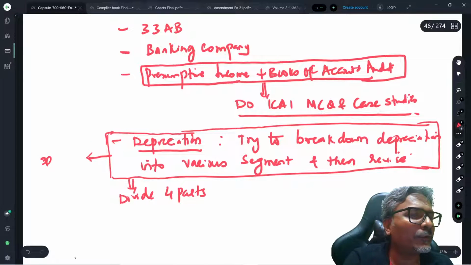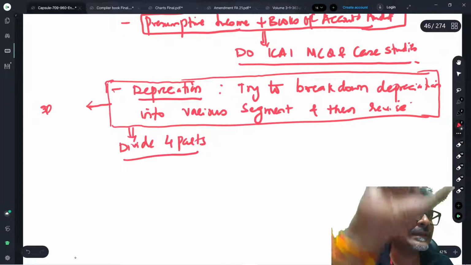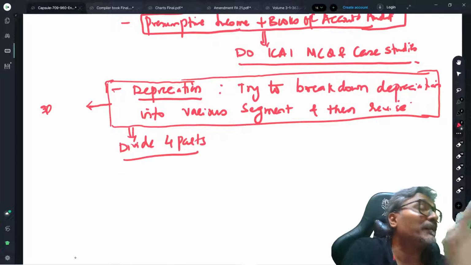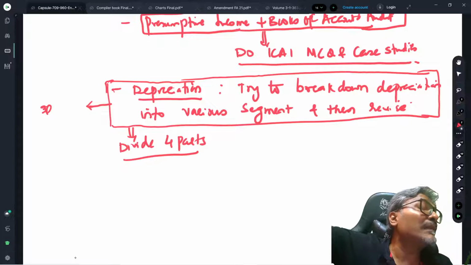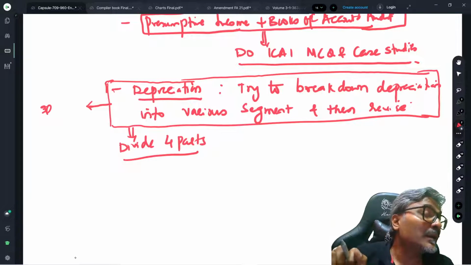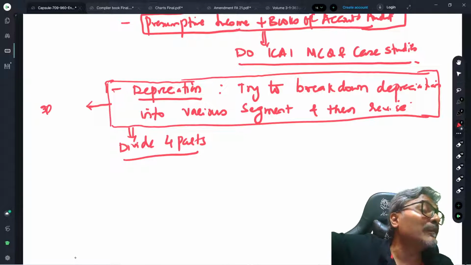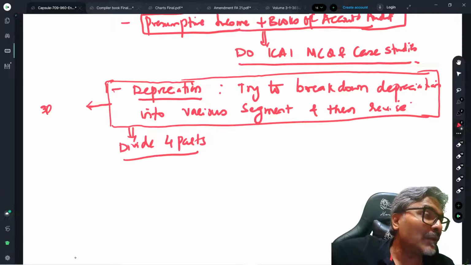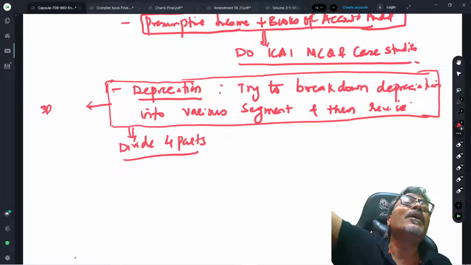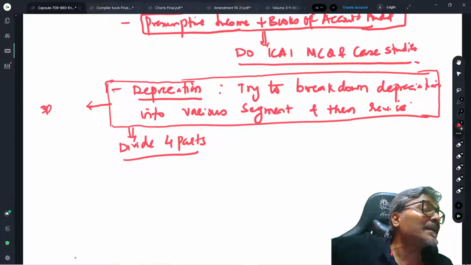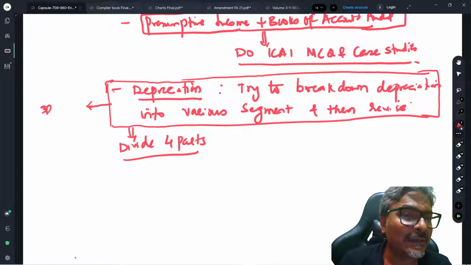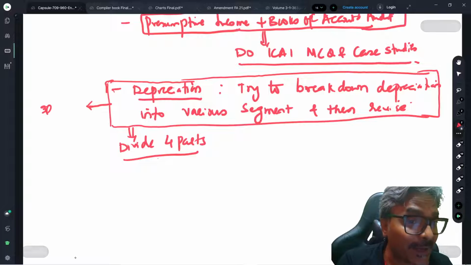Once you have divided into 4 parts, you will see that, for example, rate of depreciation and the additional depreciation, 1 part. Condition of the claim of depreciation, another part. Concept of WDV or actual cost. The capitalization of amount in determining the actual cost, another part. What are the items which have to be added or reduced in determining the actual cost. Like that, you have to make compartments, divide into 4 parts, and then you revise it.